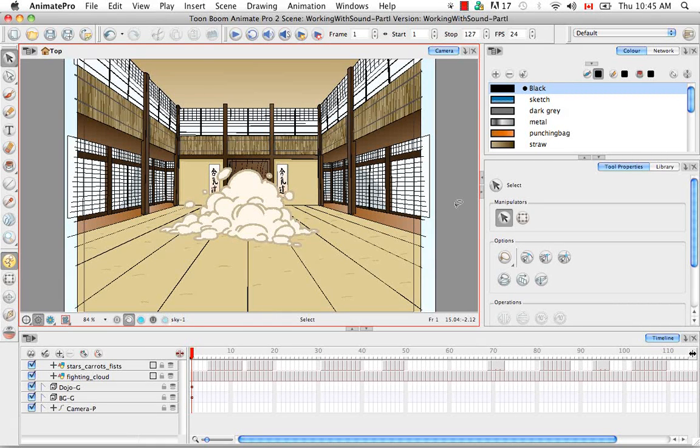You could add sound as a sound effect for an action that's occurring in your animation. You can add music as a soundtrack for the background, or you can add dialogue as speech for what your characters are saying. So Animate and Animate Pro provide you with a sound editor where you can do things like